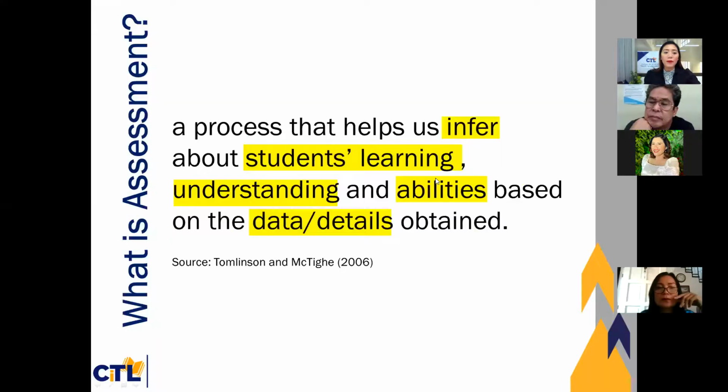So basically, why are we considering this? Because as faculty, we want to determine whether our students are learning, whether they're understanding, whether they are developing their abilities. That is really the most difficult part when we're not doing face-to-face. How would we know that they learned, especially for our friends in architecture? Last time they really did it in front of us, and for our friends from the different departments of the